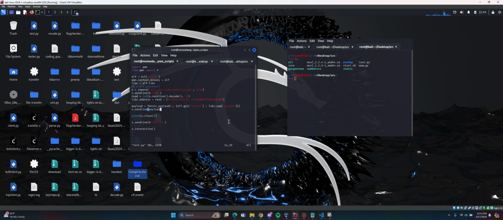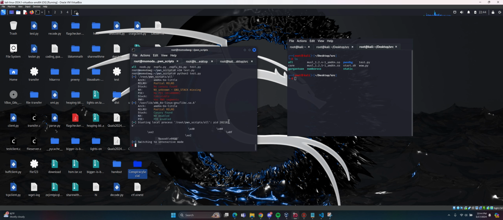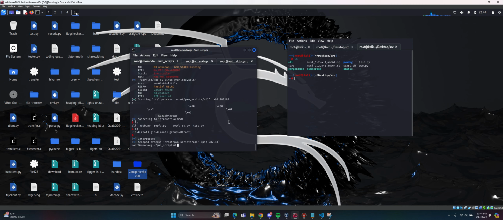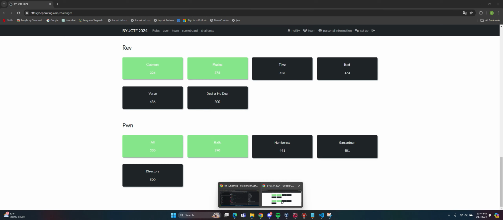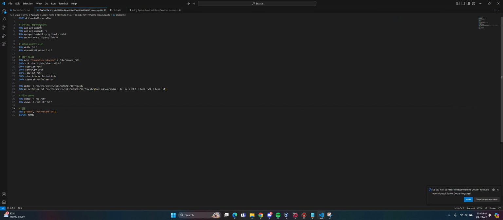So let me show you how this looks when I run this locally. Boom, and you can see it works. The problem is that it works locally, but we need to figure out what libc version the remote server is using. In the all.zip file that they provided, they do give us a Dockerfile,